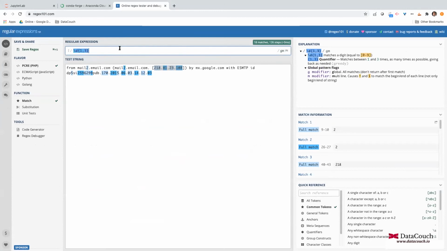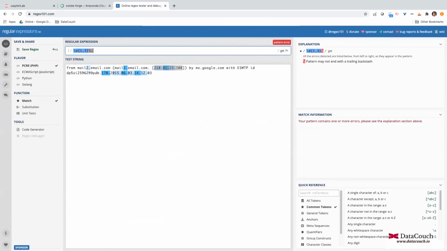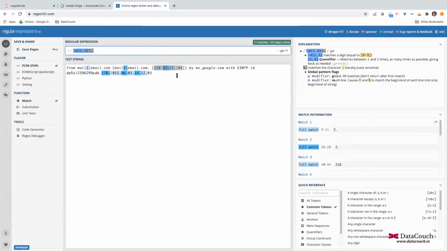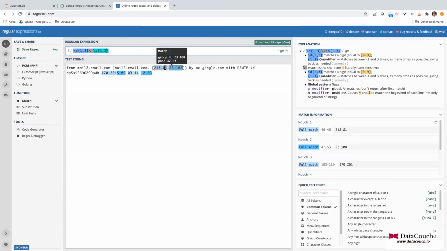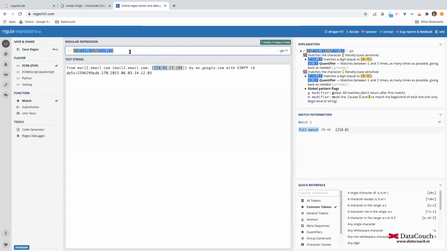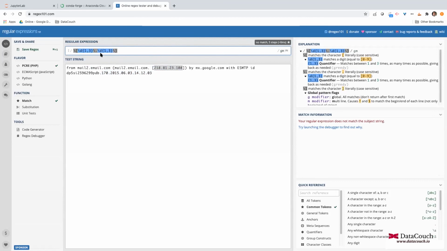Now I'm saying I need 1 dot also, so it is able to highlight this also. Very good. So it is working fine. And after that, I need one more \d, and I need {1,3}. So I'm just writing. Can you see it is able to find a lot of things, but it is also highlighting this which I don't need. There is one special thing called a bracket. So I can use a bracket, and then I can also specify this. When I do that, I am able to highlight my IP address by writing this regular expression.